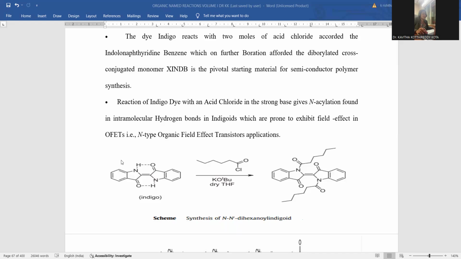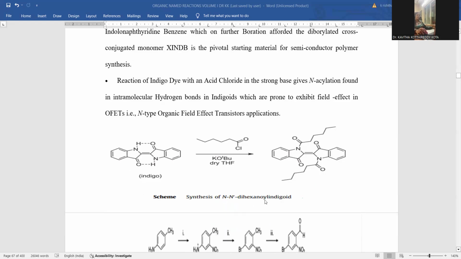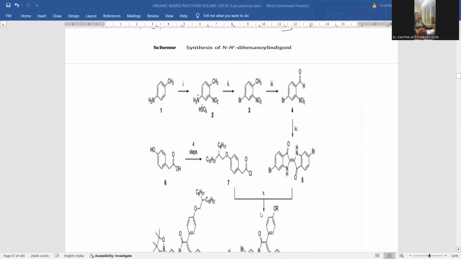If you take this indigo dye and treat it with this chain length, how many carbons? 1, 2, 3, 4, 5, 6 carbons. Hexanoyl chloride will be taken and potassium tert-butoxide is a strong base, so that N-acylation takes place there. Transistor applications are given. This is the electronic material chemistry application, so it is the most valid synthon. And I'm taking this